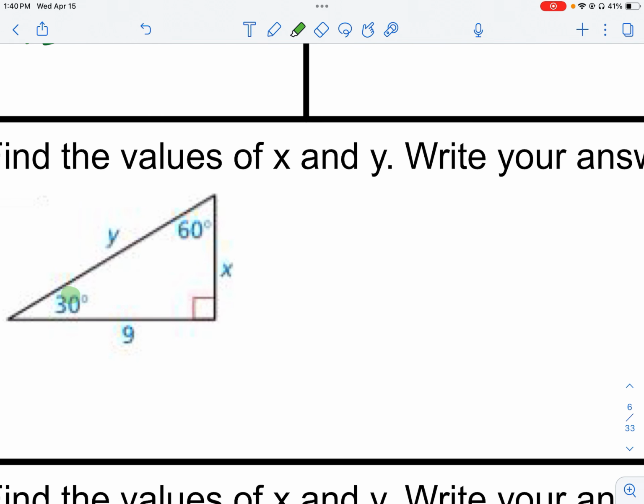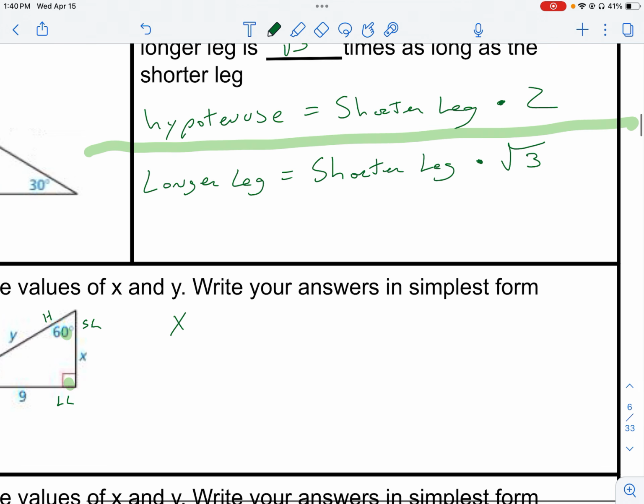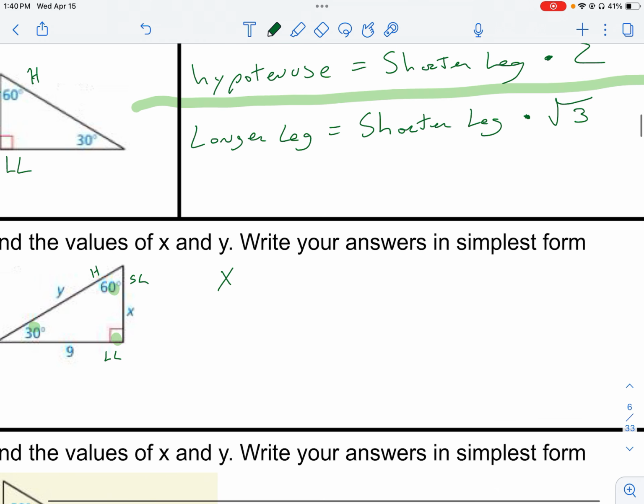So we have a 30-60-90. They gave us the long leg. This is the short leg over here. Here's the hypotenuse. So we have to go from the long leg to the short leg, and the longer leg is the shorter leg times radical 3. So to go from the long leg to the short leg, we have to divide by radical 3. We can't leave radical 3 in the denominator, so we're going to multiply this by radical 3 over radical 3,